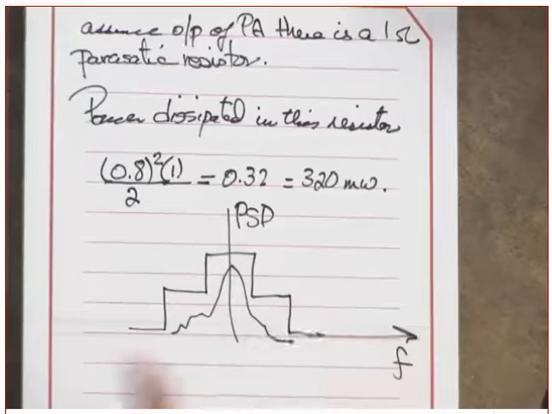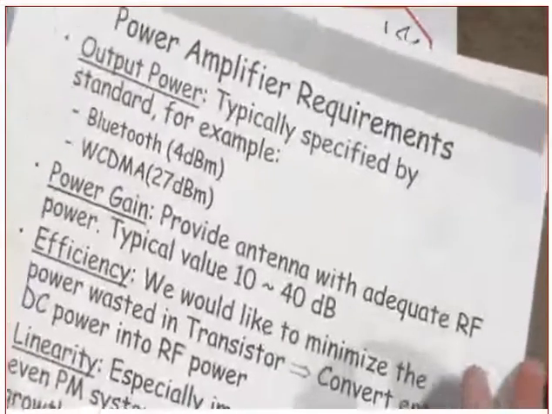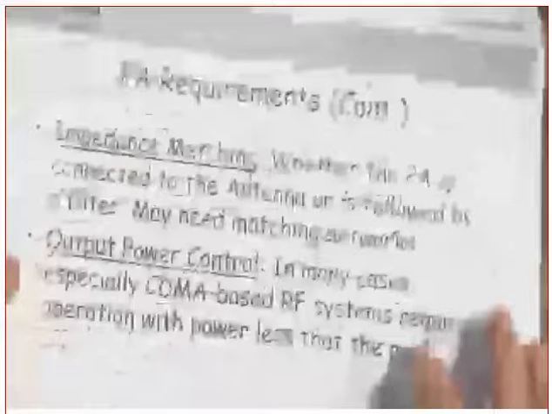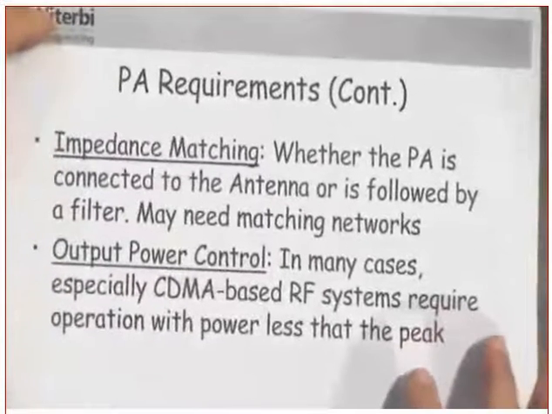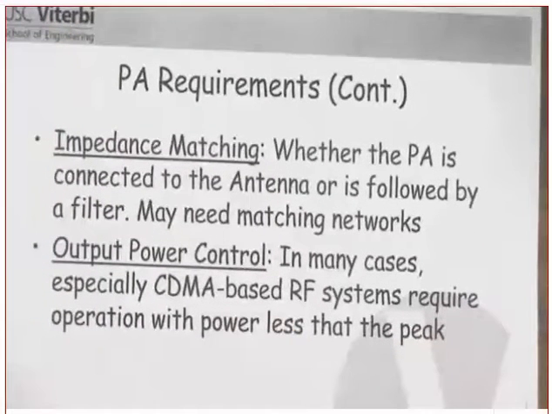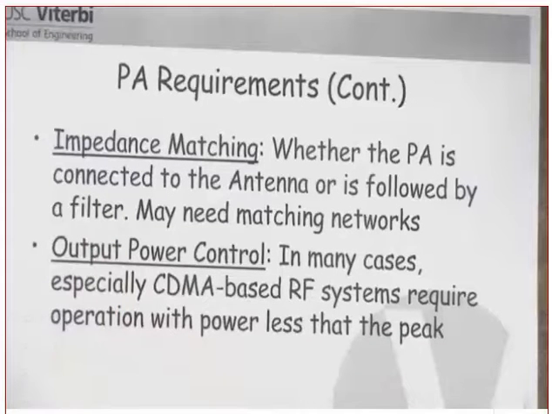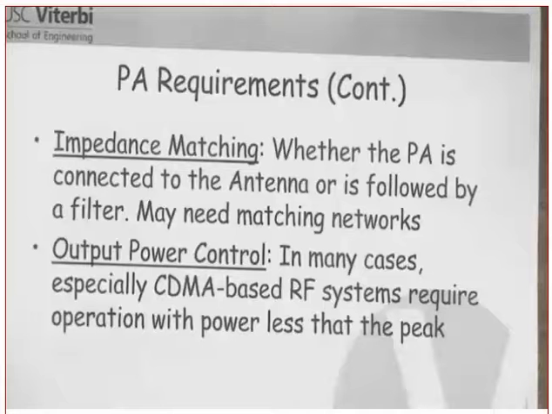If it goes up there, it means that you are generating side lobes that will result in interference, adjacent channel interference, and so on and so forth. Impedance matching, this is the one that I just told you about, whether the PA is connected to the antenna or whether it's followed by a filter, we might need a matching network. Why is it followed by a filter? To filter the side lobes that have been regrown from